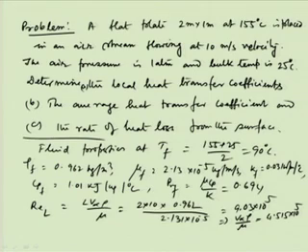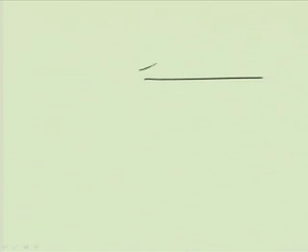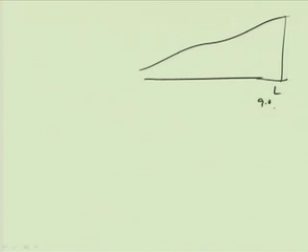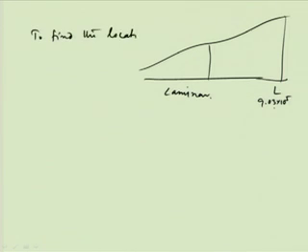Now, what you can see here is that at the end of the plate, at this L, the Reynolds number is 9.03 into 10 to the power 5. So, there will be some point where the flow is laminar, and we have to find that x. So, to find the location for laminar flow to be valid,